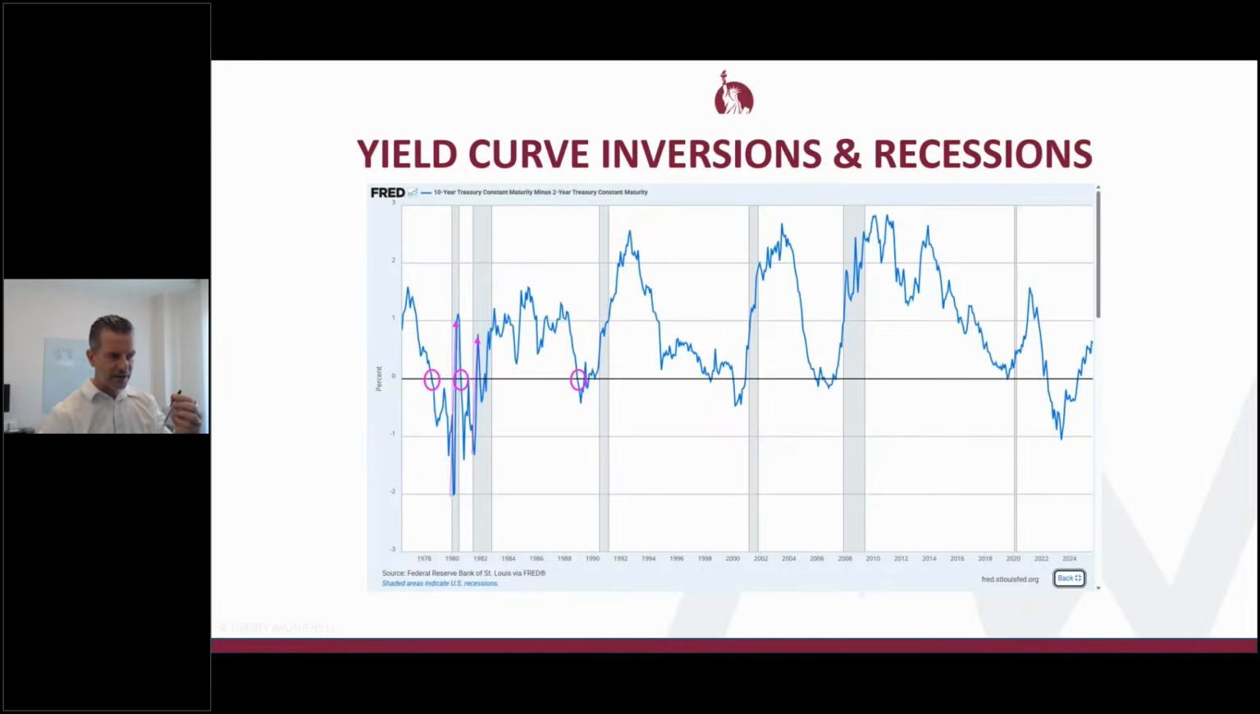We go negative, inverted yield curve, you have a steepener, there was a recession. You go negative, you have a steepener, there was a recession. You get the point, right? What you see here right now, we go negative, we have a steepener,